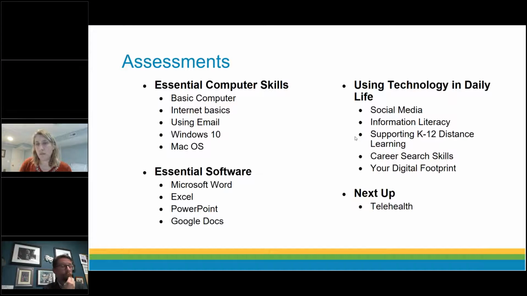And so it behooves many adults to go through that and learn how to use those distance learning platforms before participating in those higher level training or education programs. Career search, you know what that is, and your digital footprint is that idea that people, whatever they do online, leave traces behind. You want to know that you're doing that and what you're leaving,